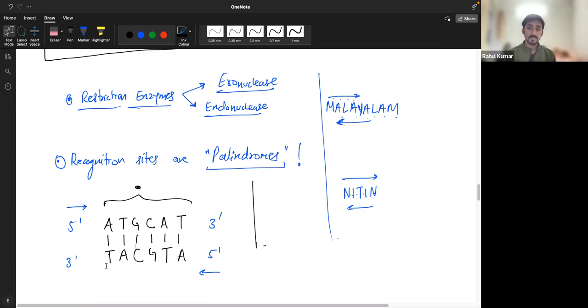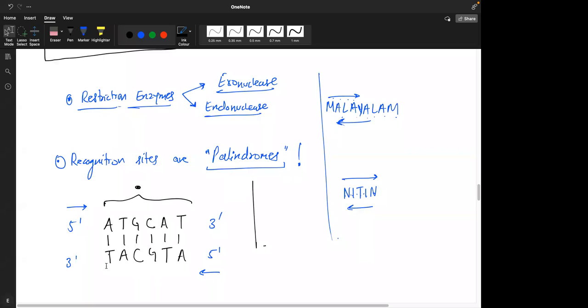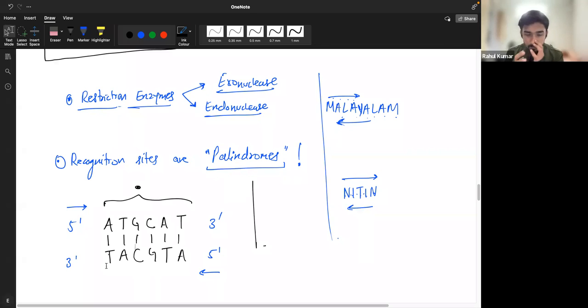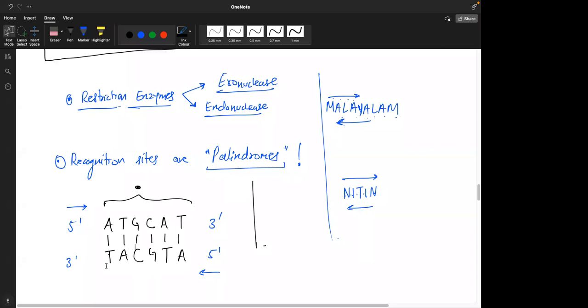The same base pairs on both. Could you repeat the question again? It's not a question, sorry. I'm making a statement, that the whole idea is that